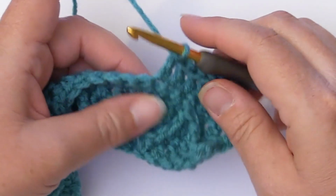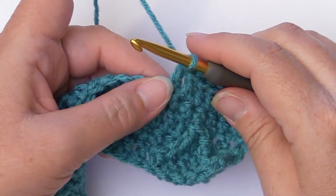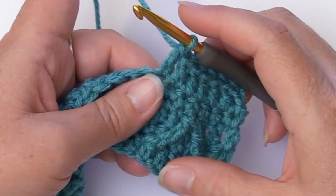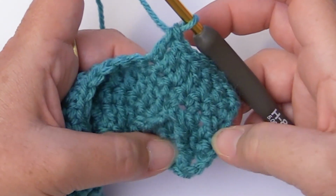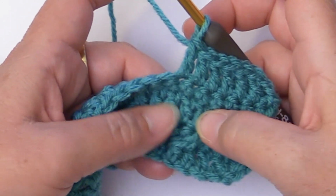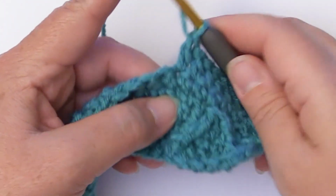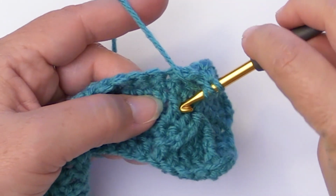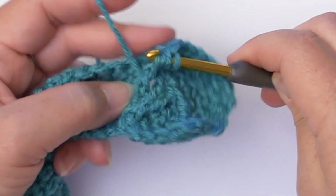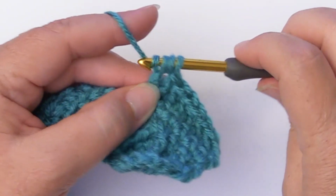Okay. Now we're going to begin our split front post treble crochet, and we're going to do that around the 6th double crochet 2 rows below. So we have 1, 2, 3, 4, 5, 6. So this is the one where we're going to start with. So you're going to yarn over twice, insert your hook around that post from front to back, draw up a loop, yarn over, draw through 2, yarn over, draw through 2,